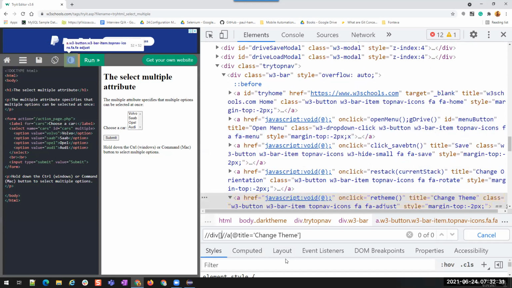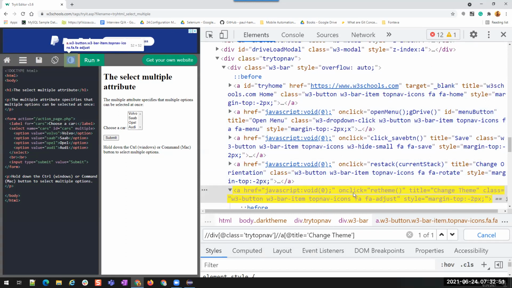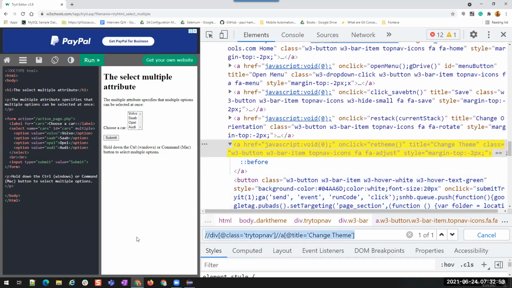Double slash div, get of class is equals to try top now. So try top now, you see we are getting only one button. Okay, now let us try to click on this before switching to the frame.